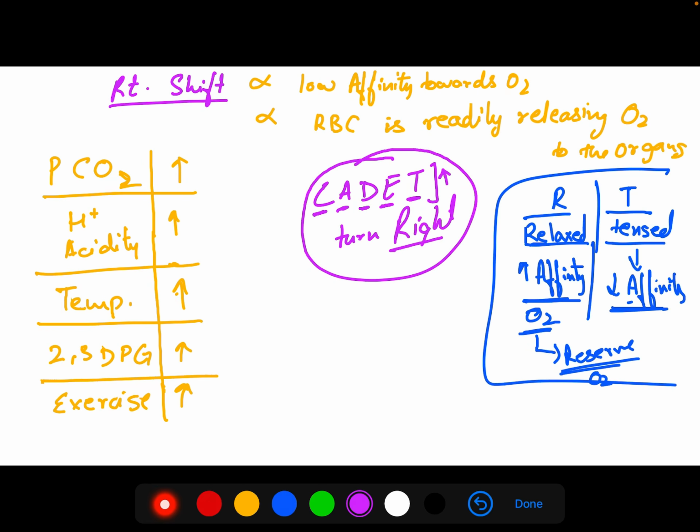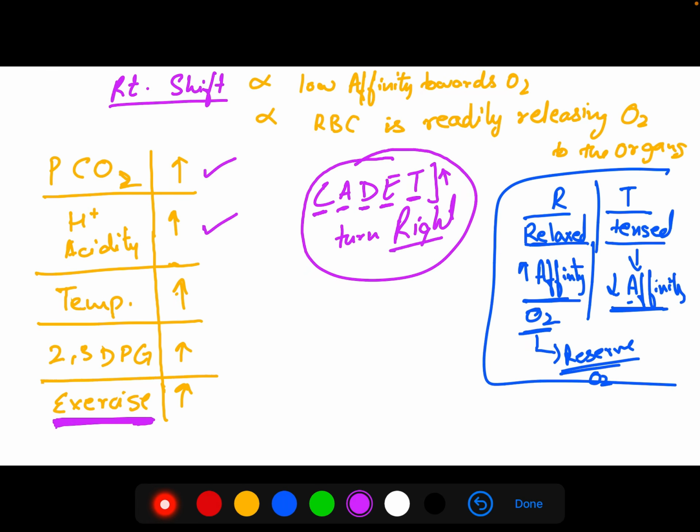Otherwise, what helps me to remember this shifting of the curve is basically the one factor, exercise. Whenever I exercise, my muscles need oxygen for the metabolism. So there is a need of oxygen because there is an increase of CO2, since every time you are heavily exercising and then panting later, it means you are hyperventilating and your body needs oxygen. So you can correlate these factors with exercise only.